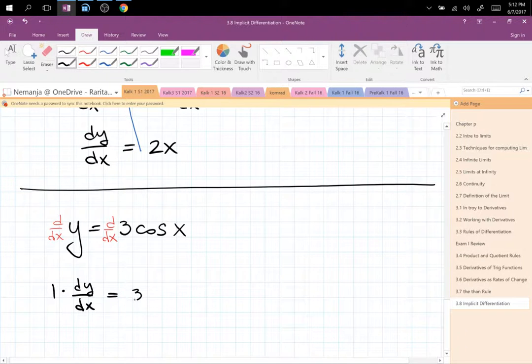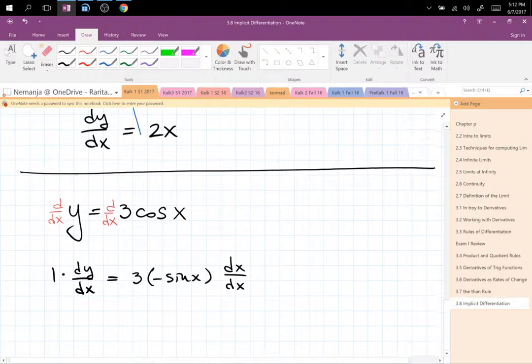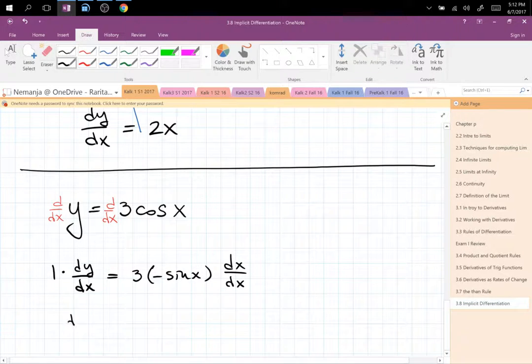On the right-hand side, I will copy 3, and then derivative of cosine x is negative sine x, and then I say I took the derivative of x in respect to x. So now final version over here is dy dx is equal to negative 3 sine x, and these guys canceled,